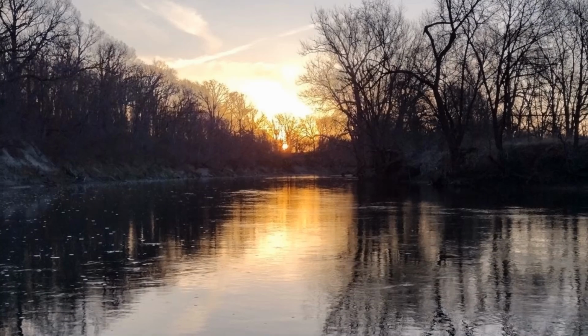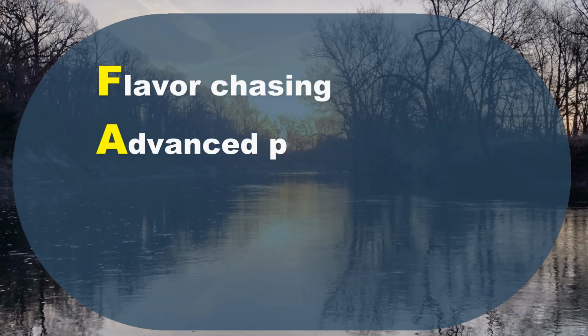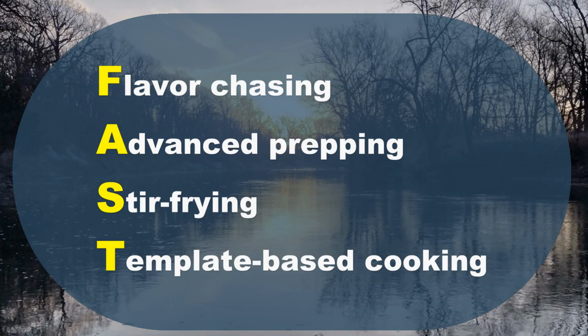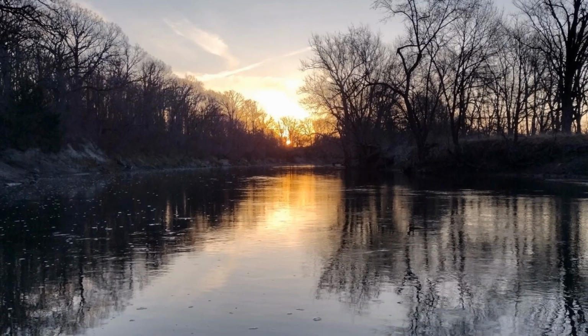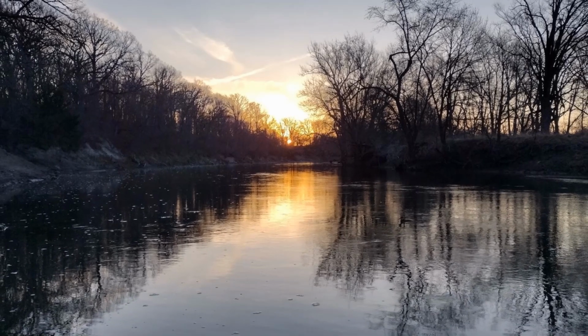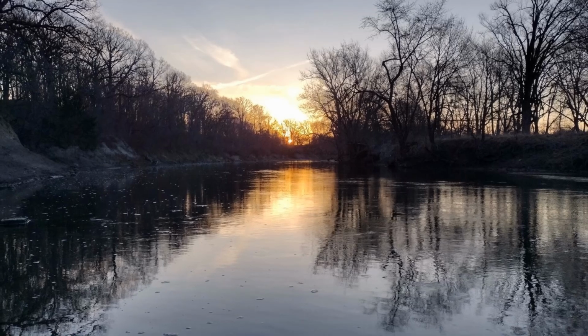Now, through this approach, using my fast cooking system, that is flavor chasing, advanced peppering, stir frying, and template-based cooking, you can take basically the same ingredients and create almost entirely different dishes based on how you cook it and how you season it. Through this template-based approach, it gives you a tremendous amount of